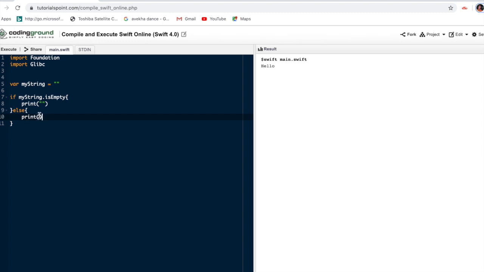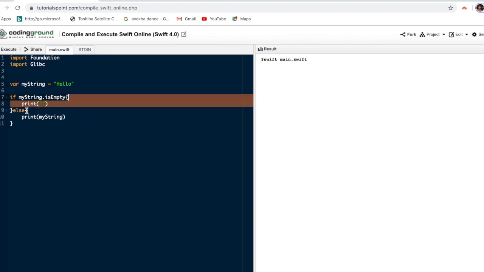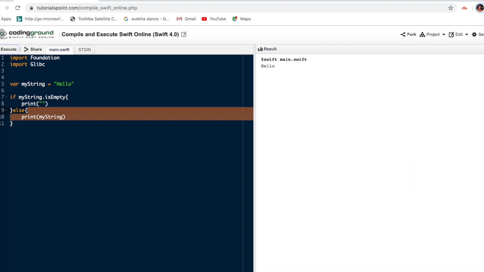What output should we get? It says it is empty, because I have not given any value. It checks whether this value is empty, yes, so it goes to the else section. If you don't know about if-else conditions, please go through the previous video, where I clearly explained decision-making statements. If suppose I write "hello" here, first it will check whether it is empty or not. Is it empty? No. So it goes to the else expression and prints hello. This is the way.